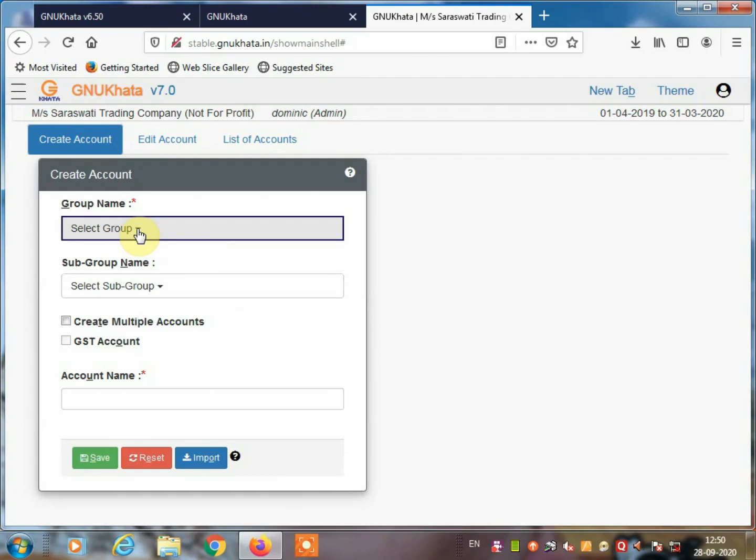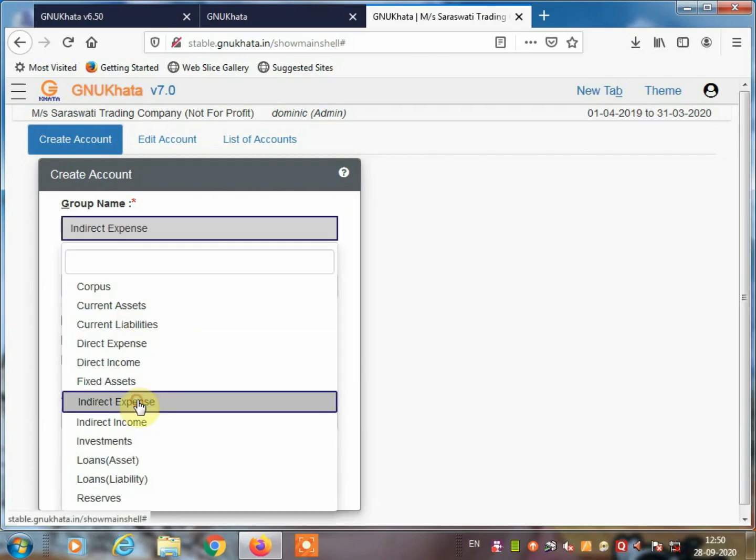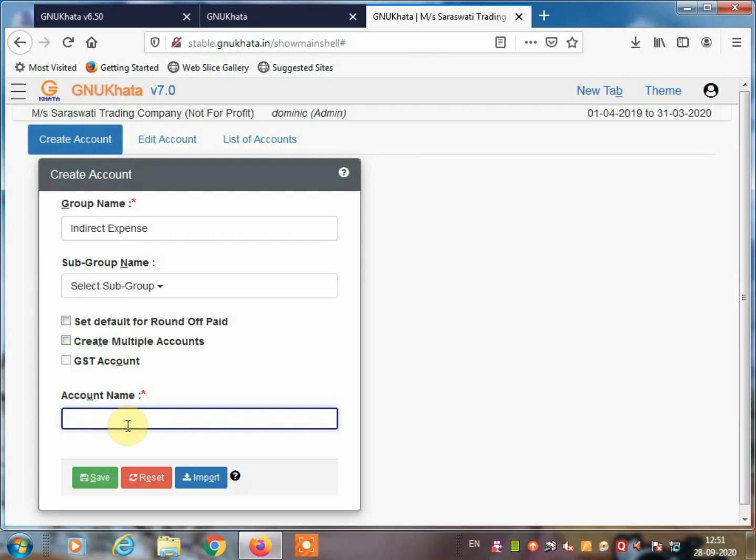Next, depreciation on furniture. So the depreciation account is indirect expenses. So you can select indirect expenses, first the group indirect expenses, and then the account name you are going to write, depreciation account.